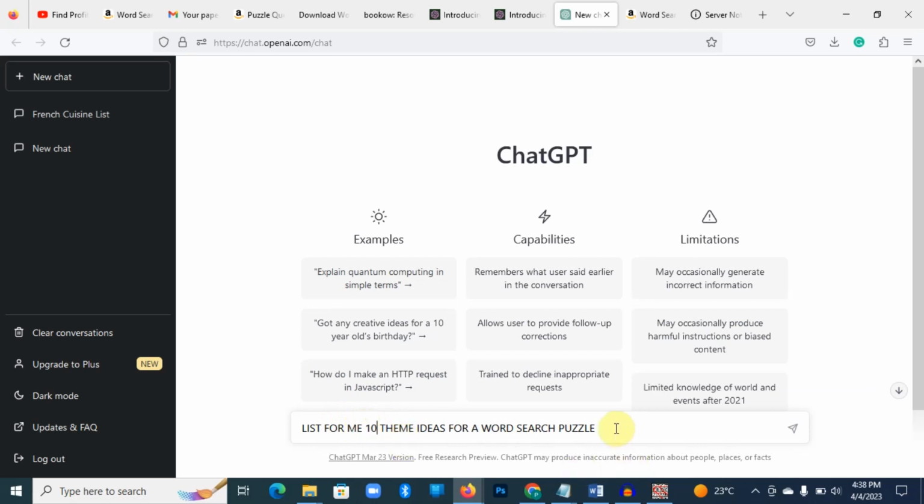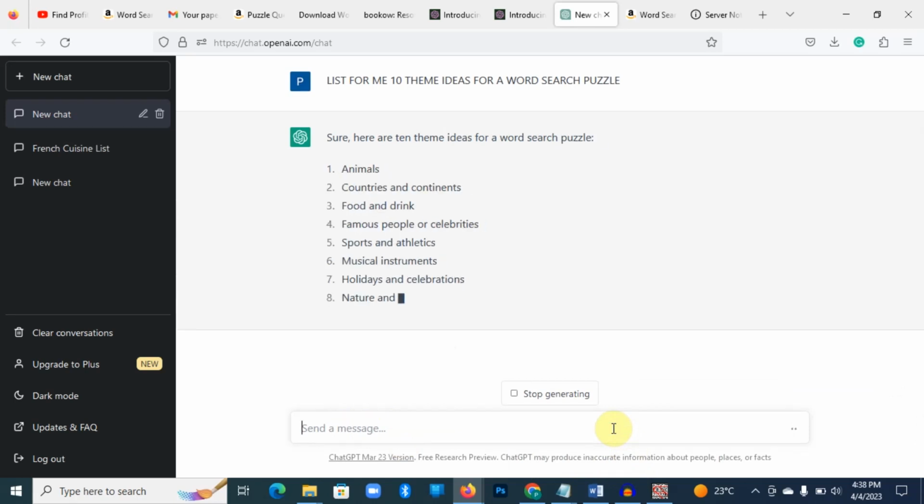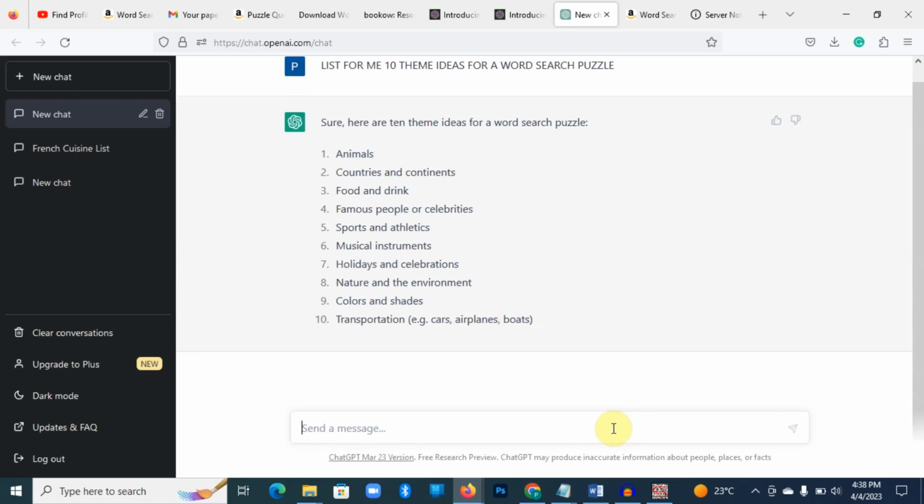You can tell it to give me like 10, but you can put any number. See, it's giving me the ideas for my word search puzzle,